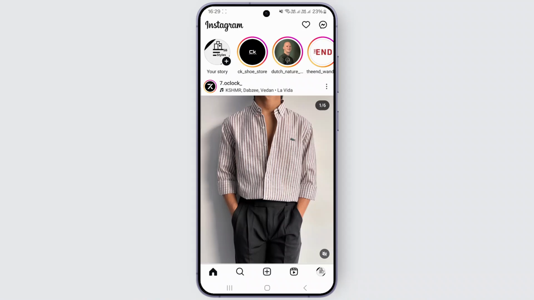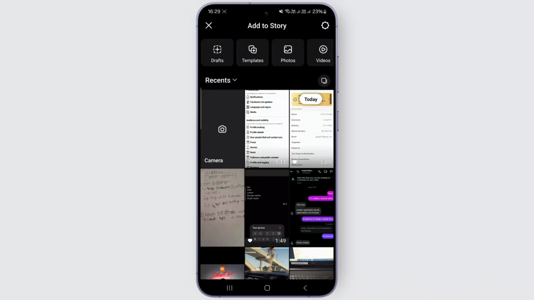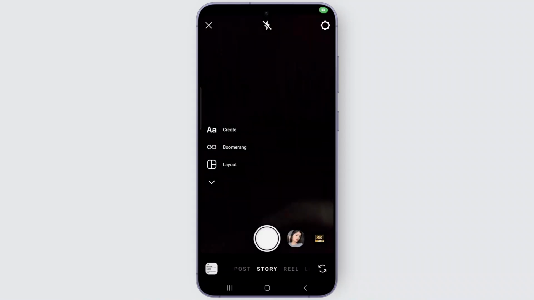In this video I'll be showing you how you can easily add a layout on Instagram story. So first thing, simply open up your Instagram application and make sure you are signed in to your account. And once you're inside here, just click on your story section at the top and just click on camera, and